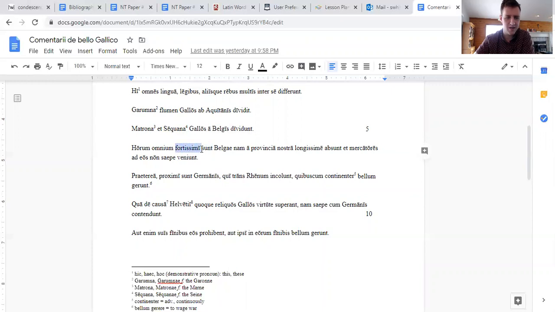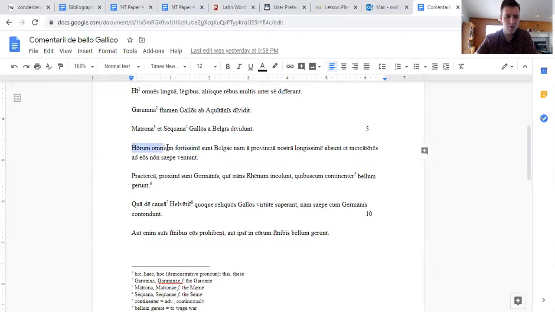Now, fortissimi could be nominative plural. So could Belgae. I'm going to take fortissimi as our subject. And this is from the adjective fortis, forte. And it's the superlative form of the adjective. If you recall, before school closed, I think we briefly learned positive, comparative, and superlative degrees of adjectives. We're not going to rehash that in detail. I'll just probably let you know when they come up. But the strongest,